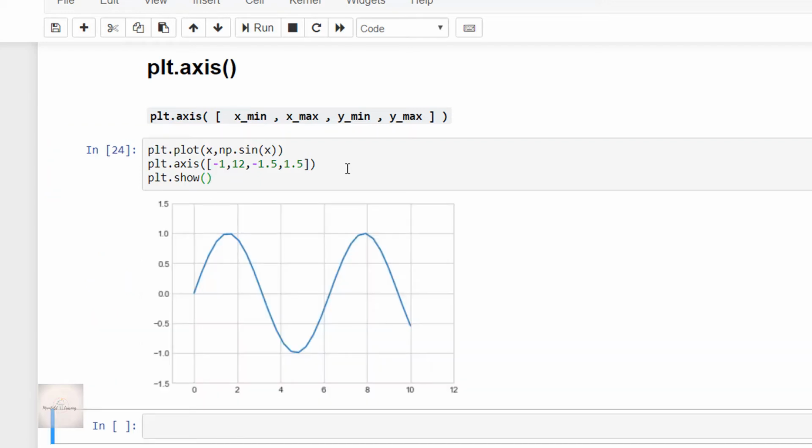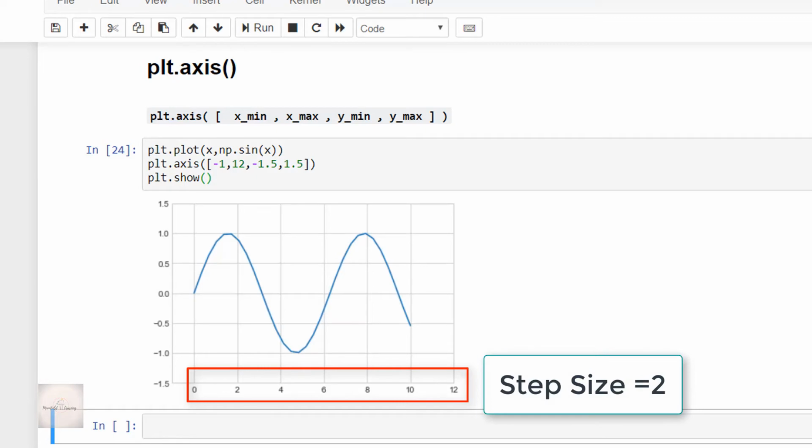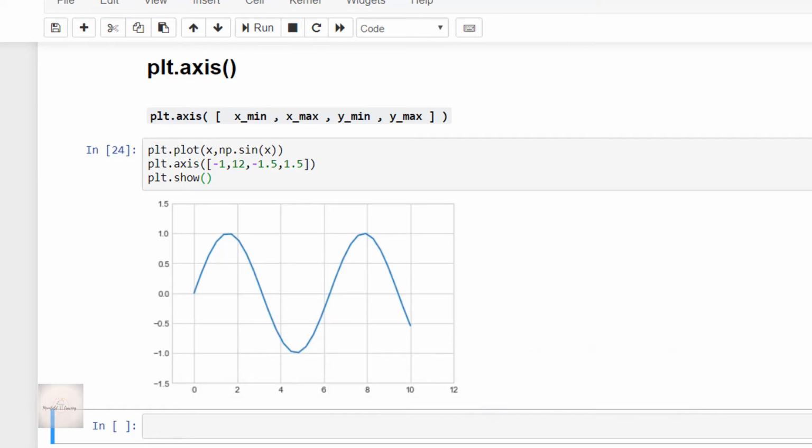If I execute this code, yes, we got the expected output. The x-axis is ranging between -1 and 12, and the y-axis is ranging between -1.5 and 1.5. Now, if you observe the x-axis markers carefully, you can see its step size is 2. That means each marker is incremented by 2.